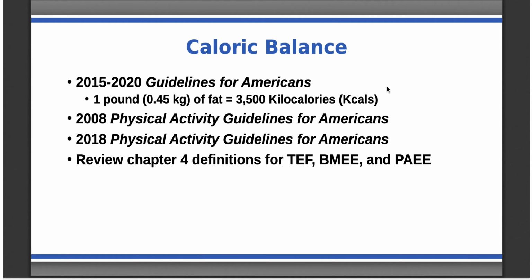And so that helps guide physical activity guidelines, trying to figure out the average American eats about this many calories. So what's about the average amount of exercise someone needs to do in order to maintain their current body weight or to lose some or to gain some. And so you can go back to chapter 4 and look at some of these things about energy expenditure and how those fit into this equation.